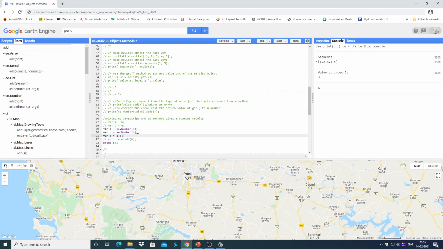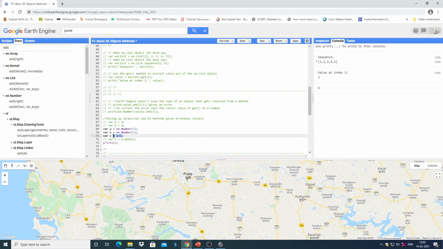In case you are declaring variables a and b and assigning 5 and 4, these are of the JavaScript data type number. But if you are assigning using the ee.Number constructor, then a and b are Earth Engine number objects.